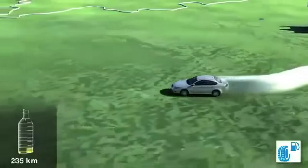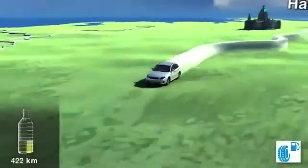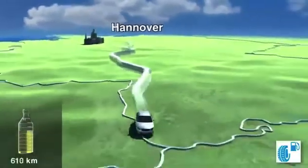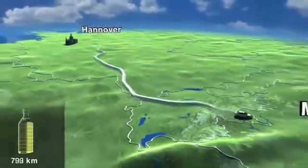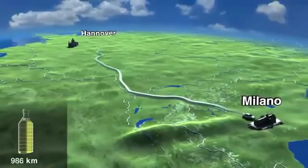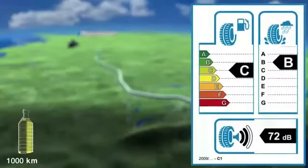But does this also apply to long distances? To find this out, the journey continues south. Tina travels the length of Germany, then onto the border, through Switzerland and down to northern Italy. The journey ends in Milan after 1,000 kilometres or 625 miles. It's true, the C tyre has now used over 1 litre of fuel more than a tyre from Class B,